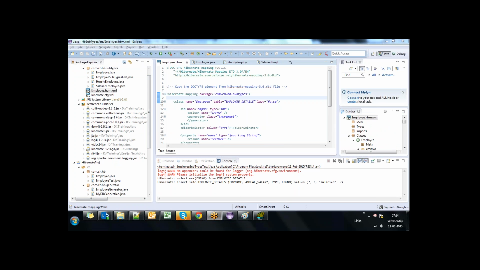Tomorrow's class we will discuss Hibernate sessions, how Hibernate sessions are